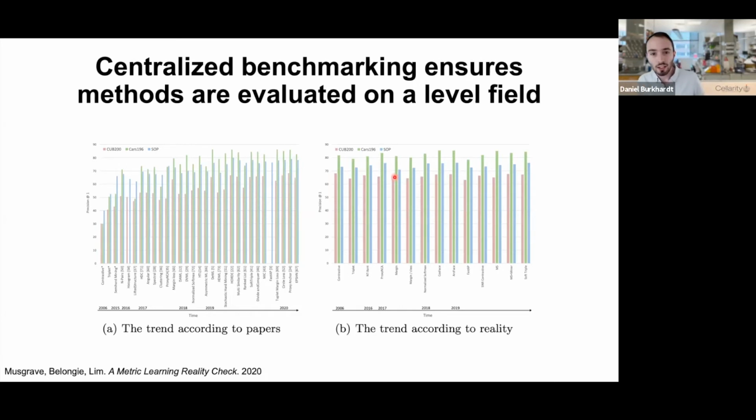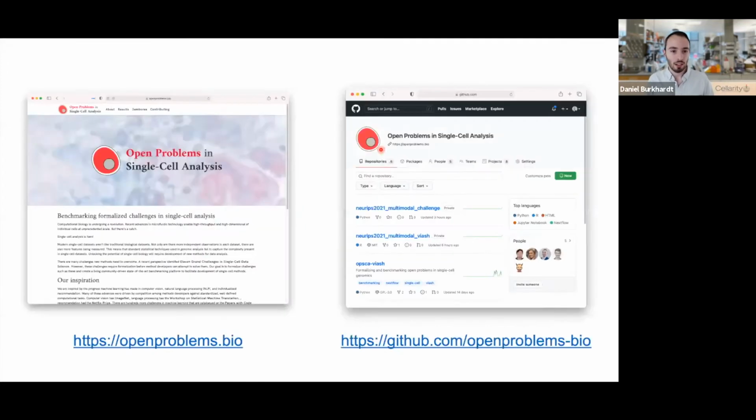In this review, what they did was actually take all of the algorithms presented in these papers, or at least a subset of them, and run them on the same benchmark methods, but make sure that the data sets were all processed in the same way, and that all of the algorithms were using the same set of parameters when they were being compared against others. And what they found is that when you do benchmarking centralized, some of the metrics can be different than they might be when they're done by someone developing a new algorithm who wants to show the improvements that their algorithm generates. And so we love this idea of open problems and having them be evaluated in a centralized manner.